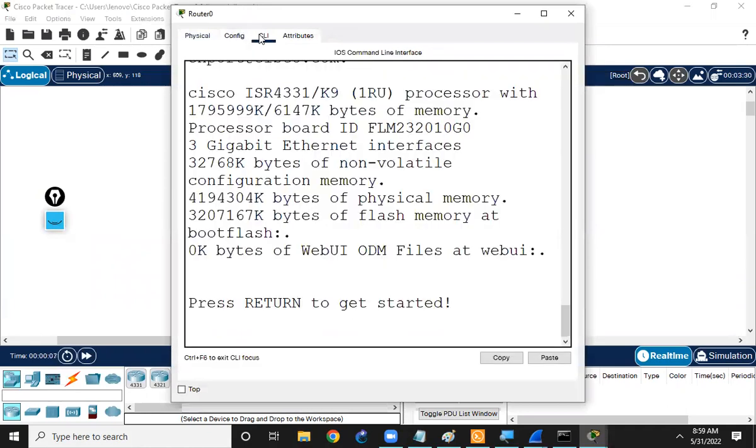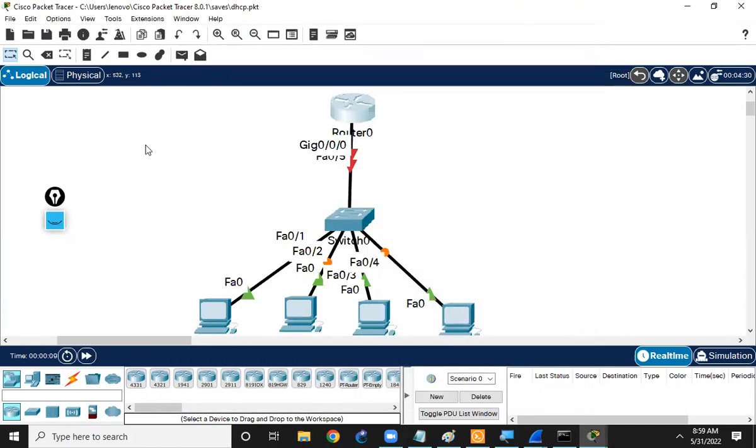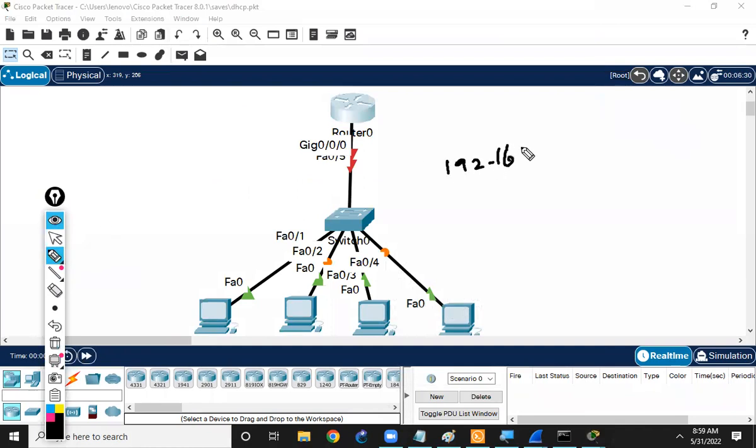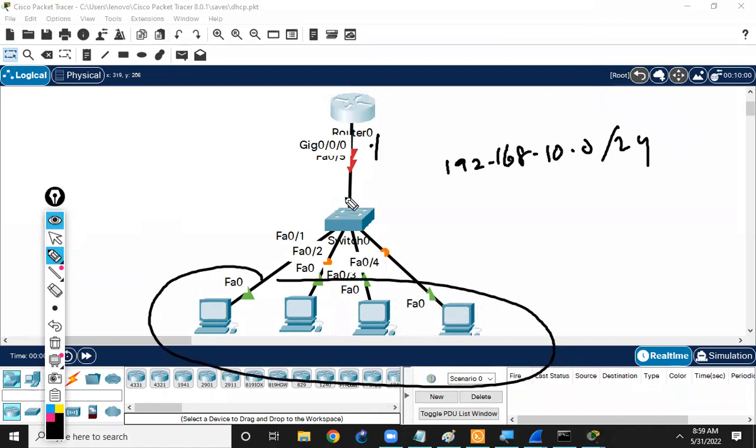Okay, suppose that I am assigning an IP of the range like this: 192.168.10.0/24 range, and here .1, and here all the computers. Then here we'll be configuring this router with the DHCP service,